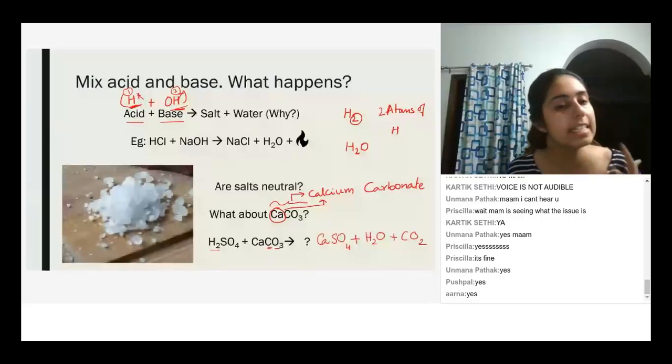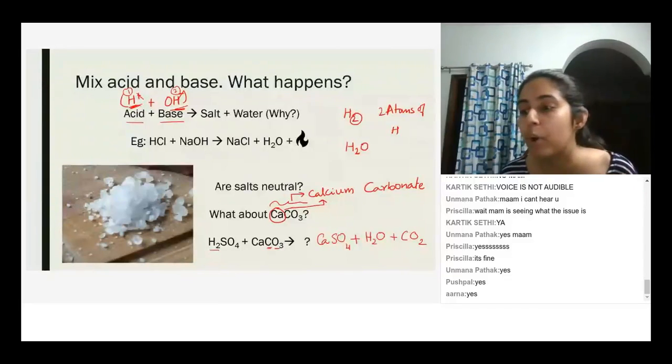Because this is one element called calcium. Carbonate, CO3 2 minus, is called carbonate. This is the carbonate ion. This is a carbonate molecule, and it is called the carbonate ion. And this is the calcium ion, which is Ca2 plus. So this 2 plus and this 2 minus will get cancelled out, and you end up getting CaCO3. Does that make sense? So CaCO3 is calcium carbonate.